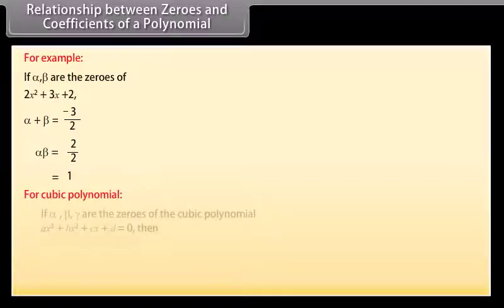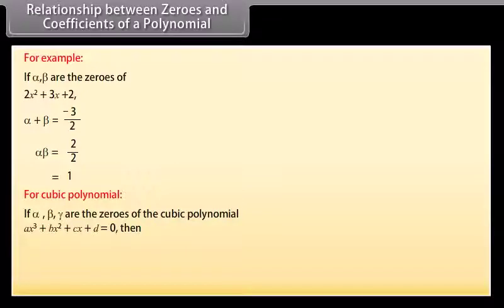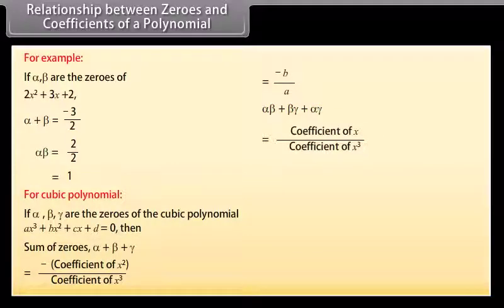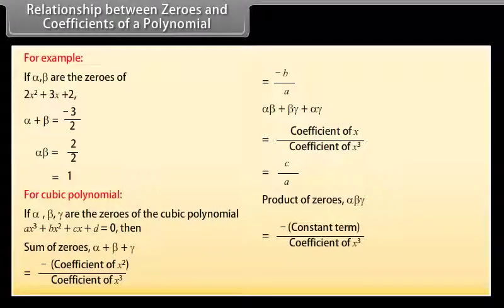For cubic polynomial, if alpha, beta, gamma are the zeros of the cubic polynomial ax cube plus bx square plus cx plus d is equal to 0, then sum of zeros, alpha plus beta plus gamma, is equal to minus coefficient of x square upon coefficient of x cube, which equals minus b upon a. Alpha beta plus beta gamma plus alpha gamma is equal to coefficient of x upon coefficient of x cube, which equals c upon a. Product of zeros, alpha beta gamma, is equal to minus constant term upon coefficient of x cube, which equals minus